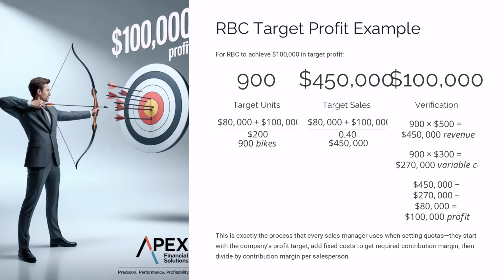When DoorDash went public, their S-1 filing revealed they needed $500 million target plus $2 billion fixed, divided by 7 cents per order, equals 357 million orders annually to hit their target profit margins, which at $30 average order value meant $10.7 billion in gross order value. And analysts who understood this math could immediately evaluate whether their growth trajectory would get them there.